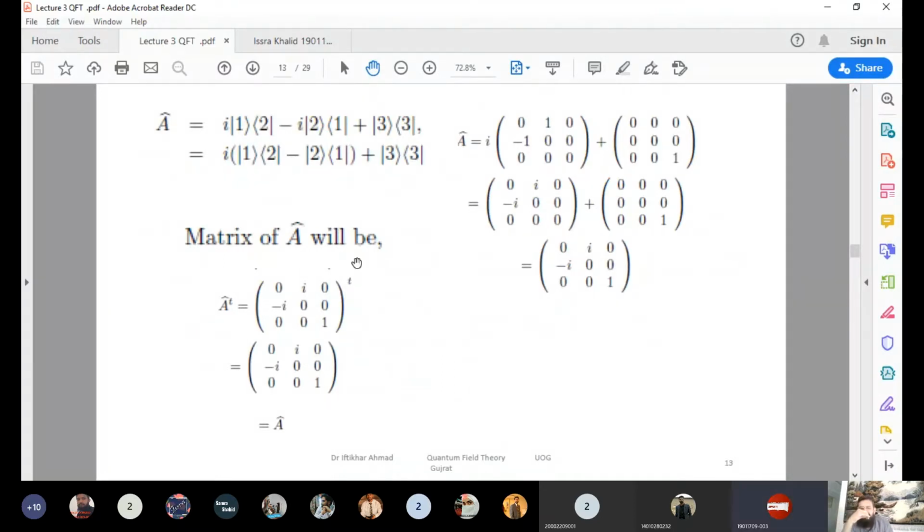No sir, but if we take the transpose, it does not come out equal to A again. You can see the first row, sir, there is only iota, and when we convert it to the transpose, we will get 0, iota, 0, not minus iota. Oh, yeah. Okay, then you can take the transpose again. Maybe we are missing something here. First of all, if the values are complex entries, then you take the complex conjugate. It means you take iota to minus iota, and then you take the transpose. You are right.